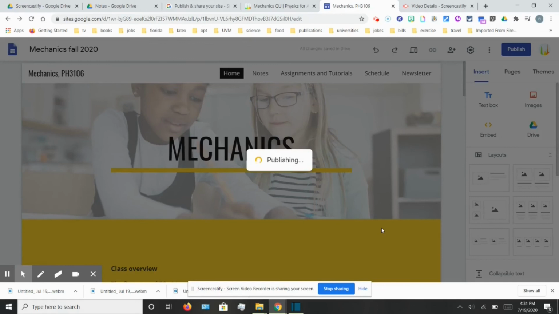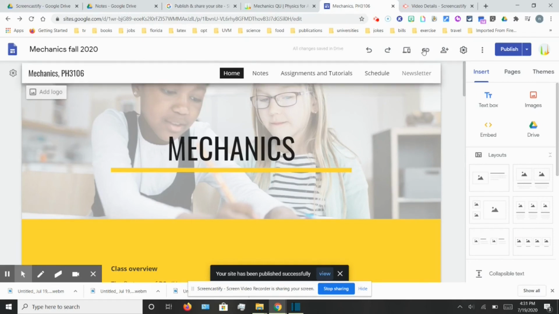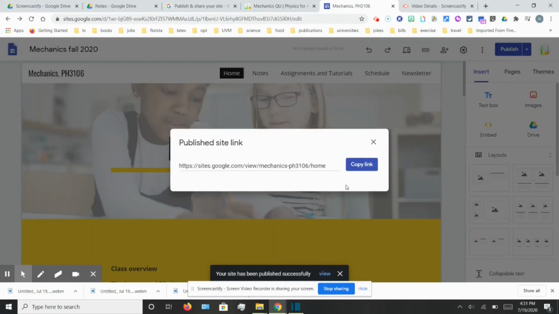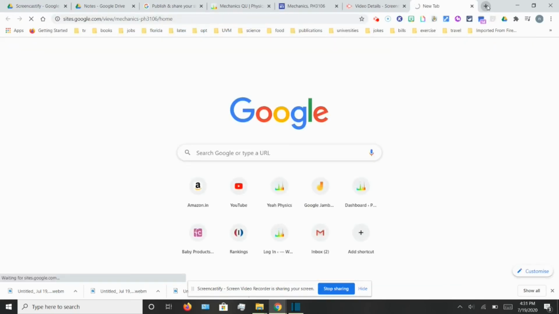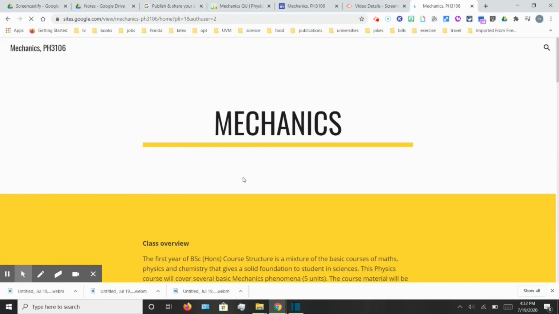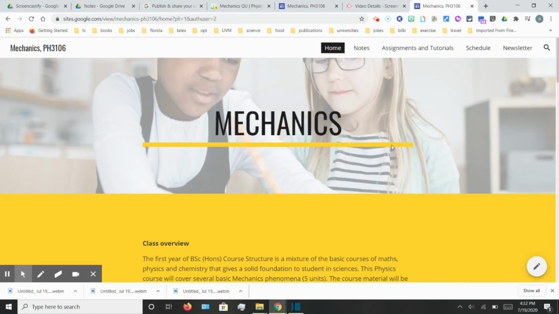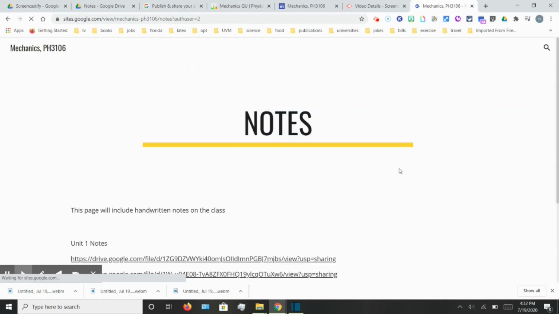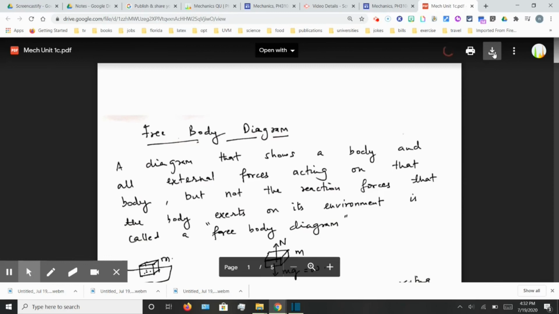And let's go ahead and publish this. Once the website is published, you will have a link to your website, and you can copy this link and see if the website is actually working. It will ask you for access, of course, and it checks every time anyone tries to access the website. And there you have it. It's a very beautiful looking website, exactly the way you wanted it to look. Now we can go ahead and access the notes web page, and there should be the links that I had posted earlier. You can click on any one of these links, and the notes should appear, and the students will be able to download it from there.